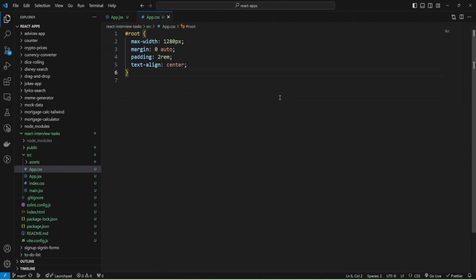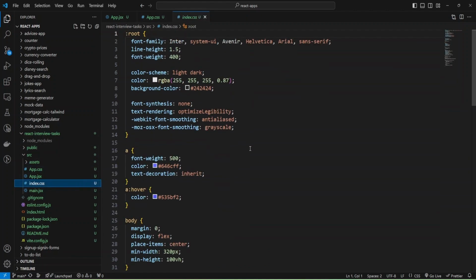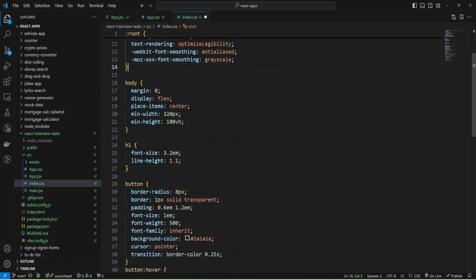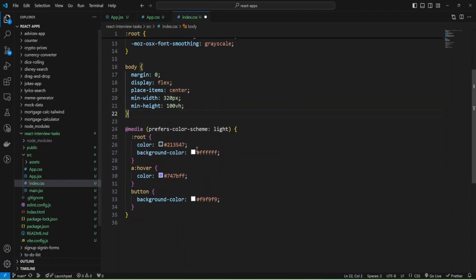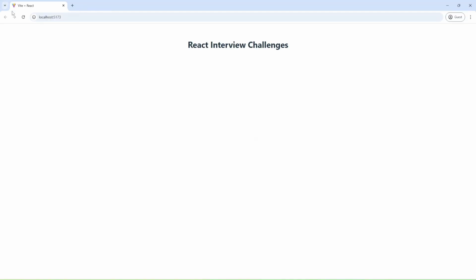And I will leave styles only for the root element and also go to index.css and also remove styles. I will remove all styles and also from media. And I'm going to change place-items to justify-content and let's check.